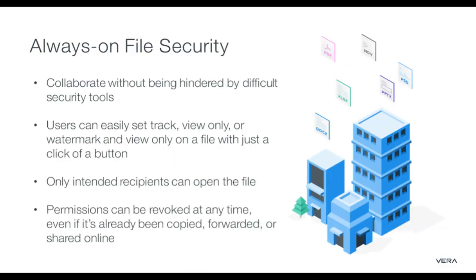All this combined is what we call always-on file security. This allows your users to collaborate without being hindered. They can leverage the cloud collaboration tools. They can send emails. They can share data how it is most productive for them, and they can do so securely. You need to be able to track and set policies that allow that granular level of access, and then